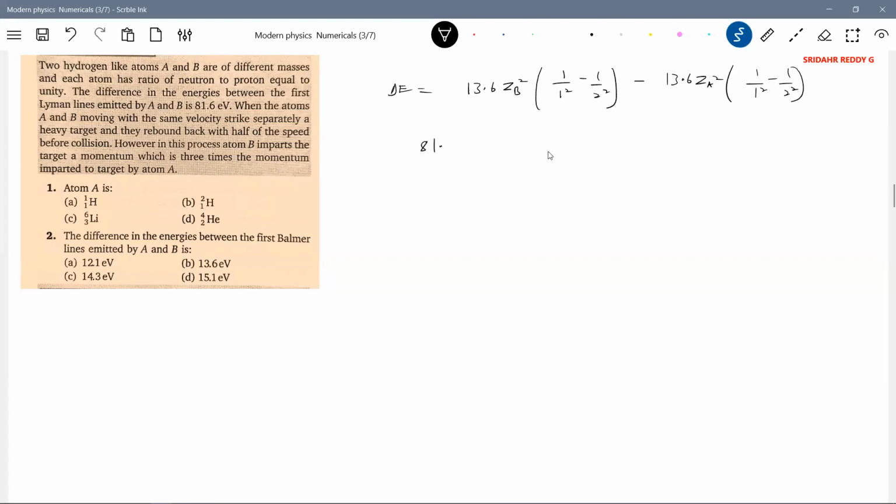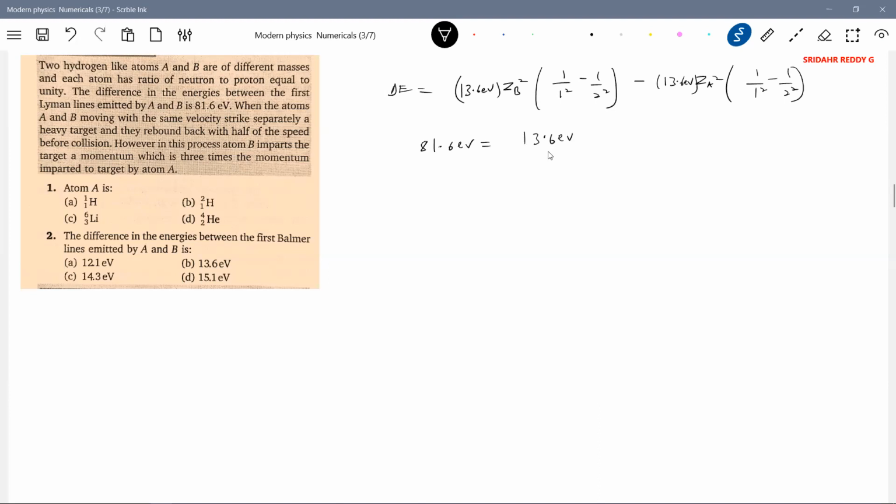This is what he has given, electron volt. Why should the negative sign be there? No, the difference in energy levels is what he has given. The energy of the first line of the Lyman series of B minus that of A is the difference we are taking. So this should be equal to 81.6 electron volt,